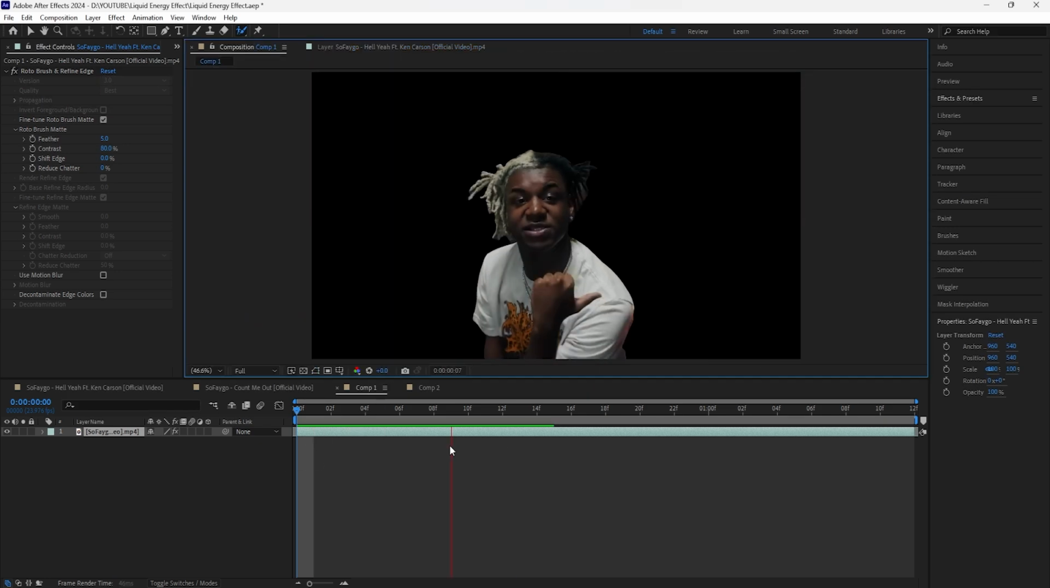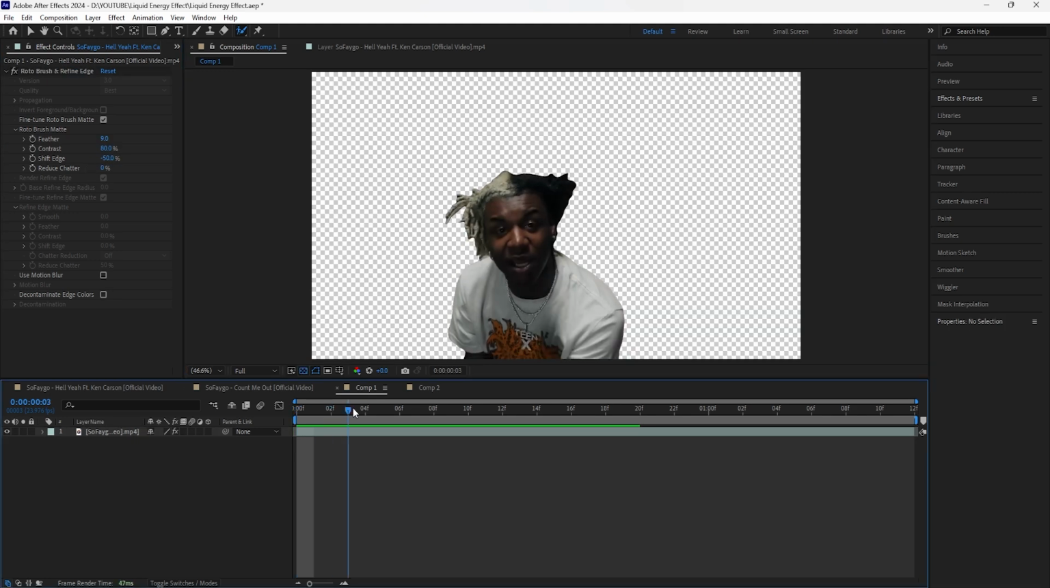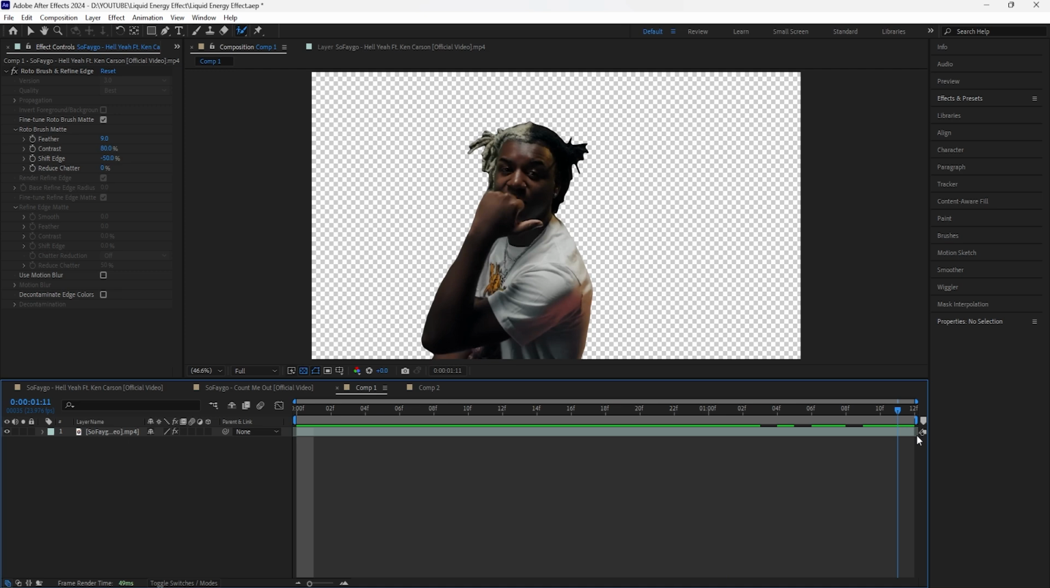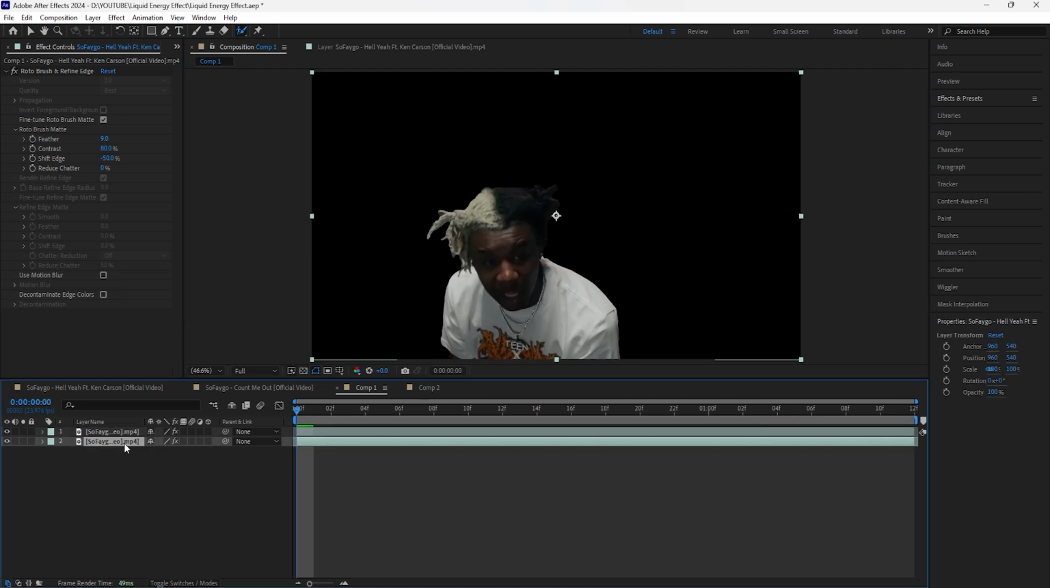And now, as you guys can see, we have our rotoscoped subject here. I'm going to increase the feather to 9, and then I'm going to decrease the shift edge to -50. And by doing that, it just makes the edges of our subject feel smoother. We're going to then duplicate this layer, click Ctrl D,